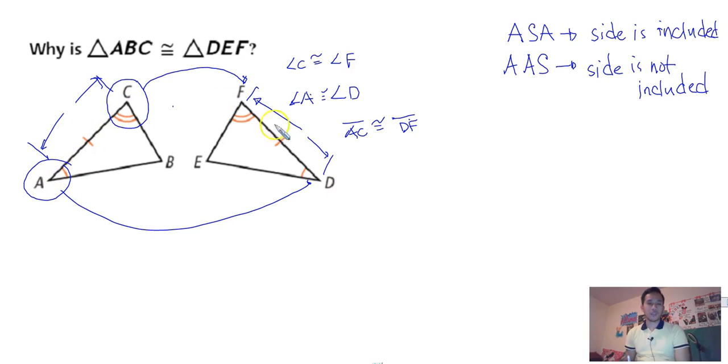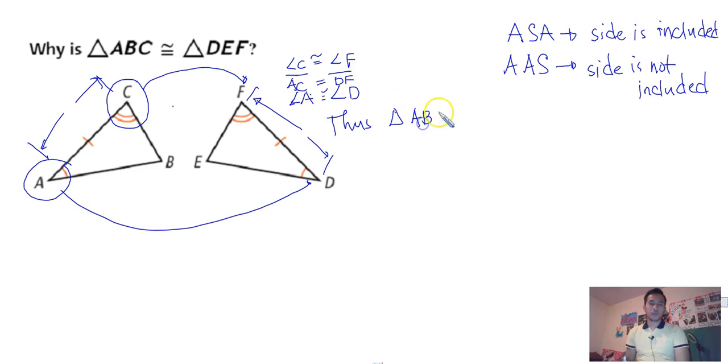Same with angle D and angle F, which share a common side. Therefore, we could say that this side is at the middle. So segment AC is congruent to segment DF. Thus, the triangle